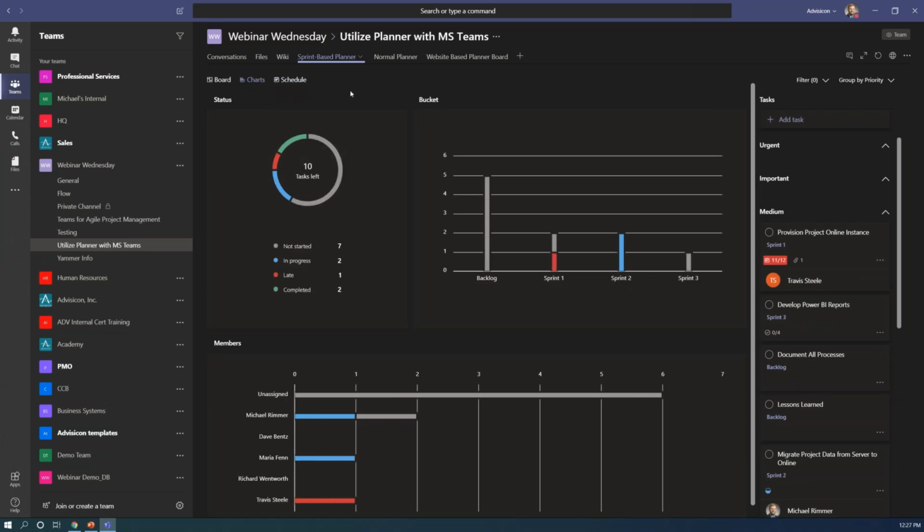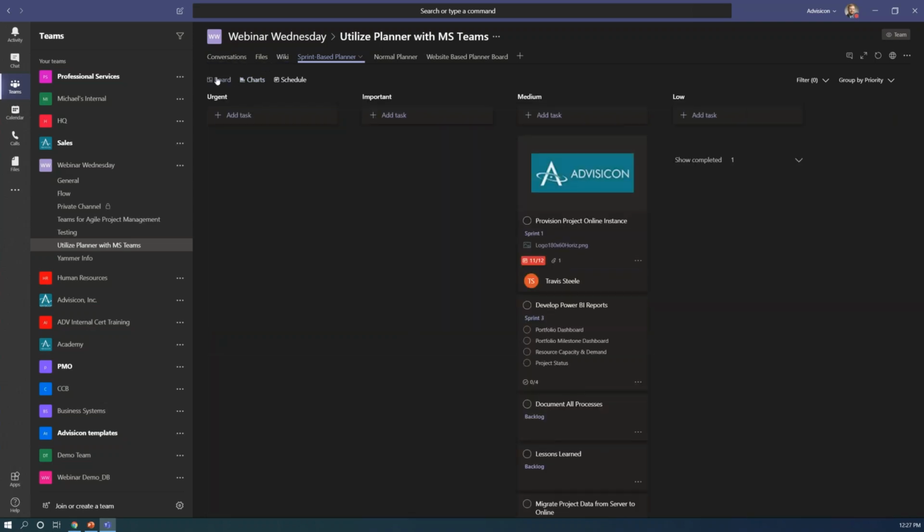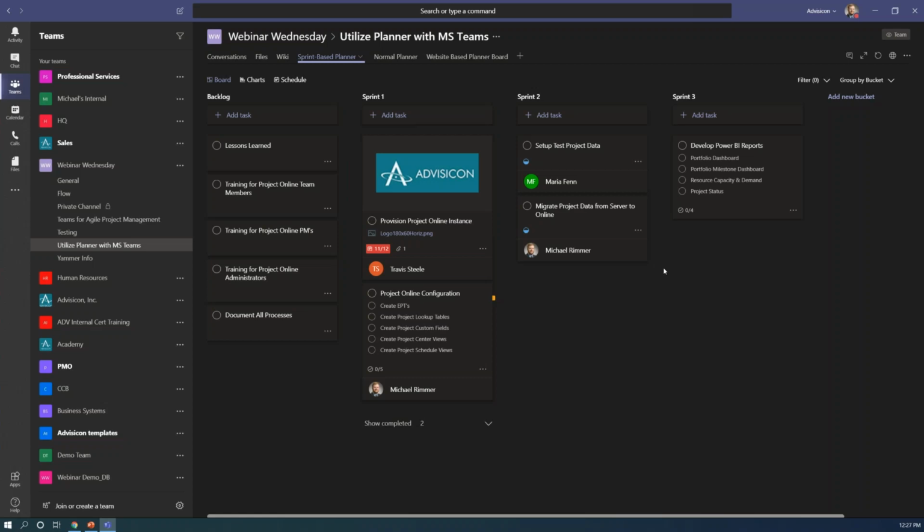Okay, and then we have one more question. Can you create recurring tasks? That's a great question. You cannot create recurring tasks, and this has been an ask from end users to Microsoft for quite a while.